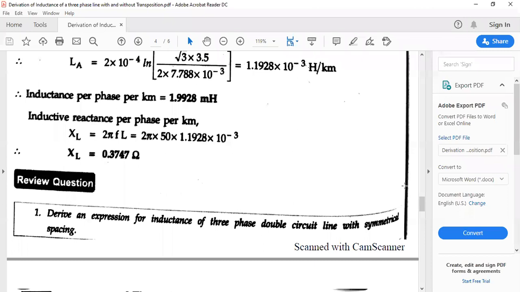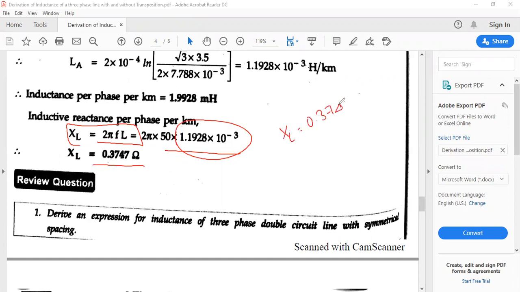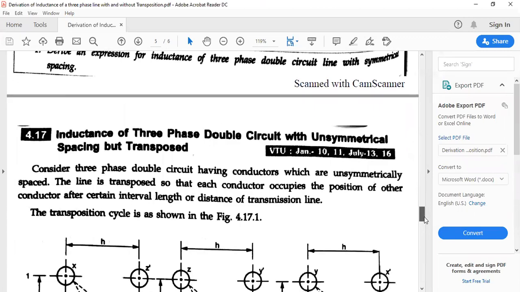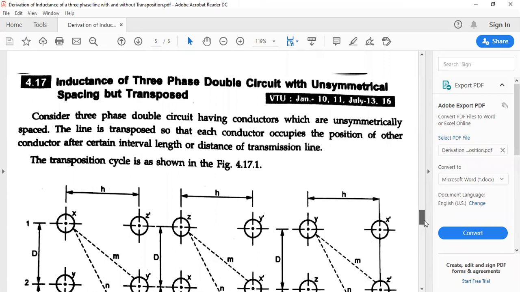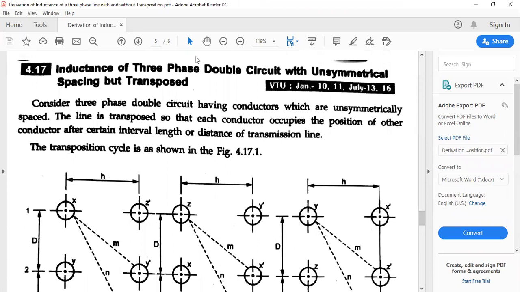So inductive reactance XL equals 2 pi FL, and this is the value of L. So XL is 0.3747 ohm. This is one of the simplest derivations and a simple problem. If you know the basics of geometry very well, you can analyze any problem given in that format. So next, I need to analyze the inductance of a